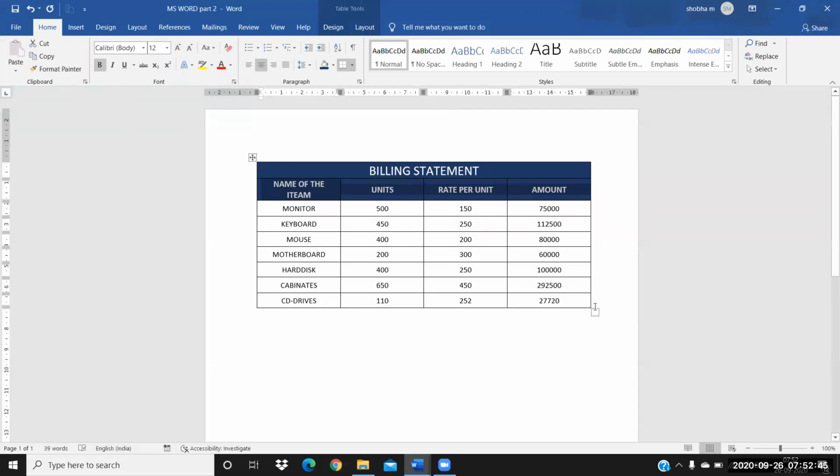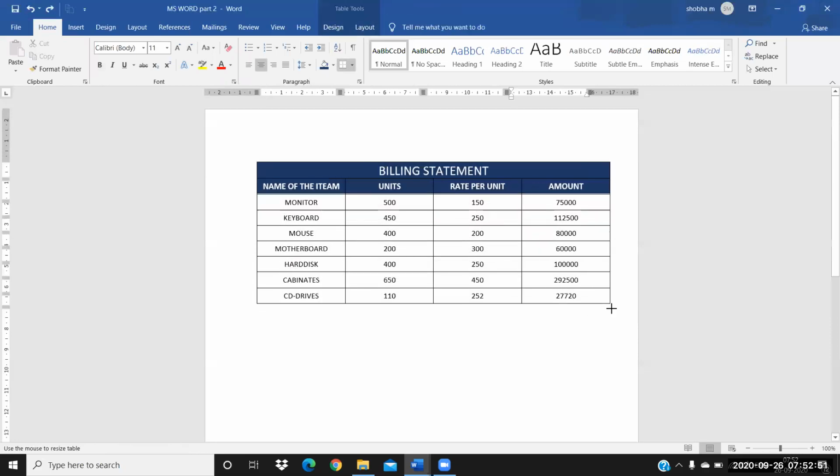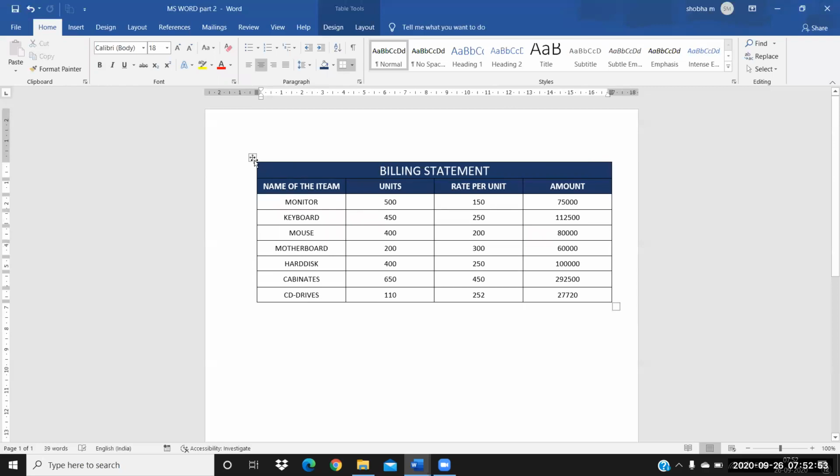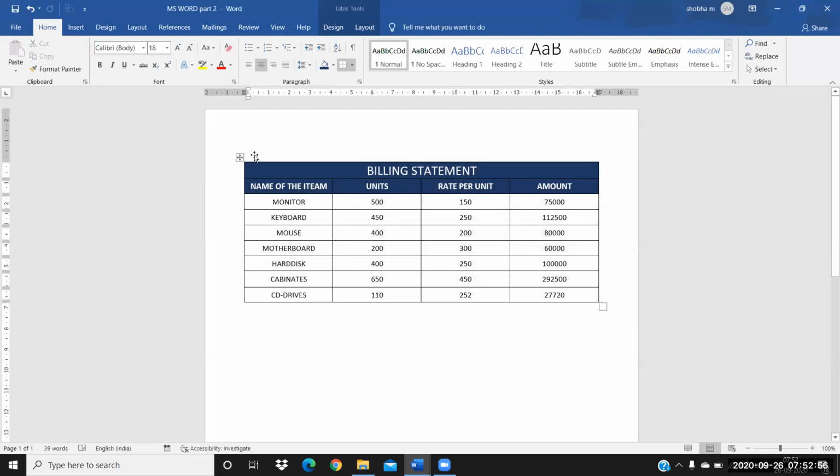If you increase your table size, even the text size will get reduced there. The name of the item was very big. See, I just increased the table size where it became a normal one. So just do Control B here. The text will become bold.